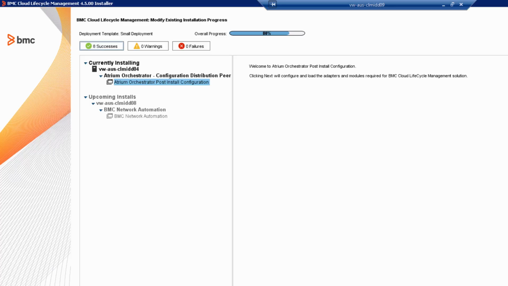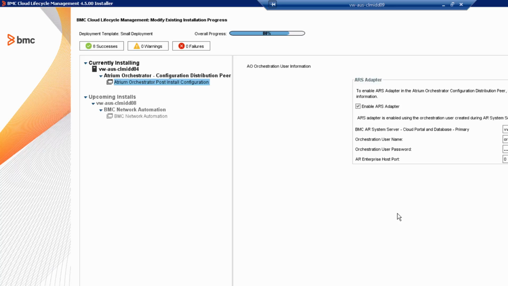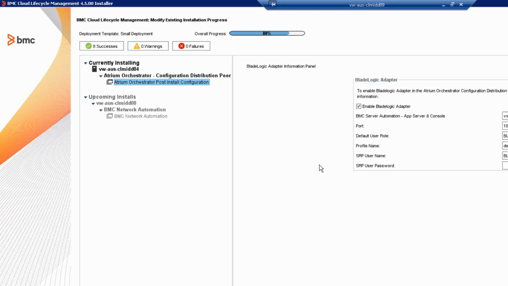Click Next to continue. Okay, this is the only time we've not been prompted to take a snapshot before we install the next product. I'm a bit suspicious. Let's take a VM snapshot anyway, and then we can proceed with the Atrium Orchestrator user information. We've finished the VM snapshot. Here we're going to review the settings to enable the ARS adapter. Click Next to continue. Now, for the Bladelogic adapter information panel,